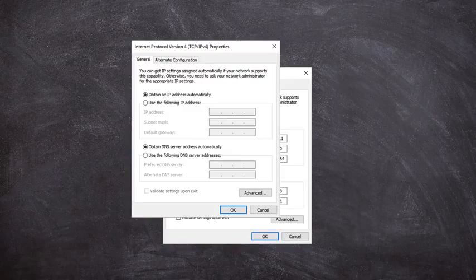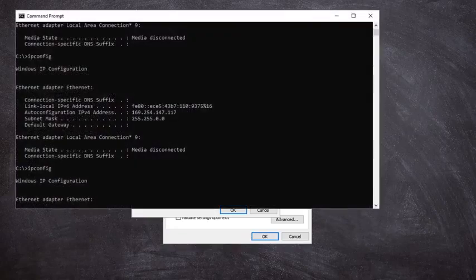It's called automatic private IP addressing. And as far as I can tell, only Windows uses it. The basic idea is, you don't statically set an IP address on this machine. The workstation starts and sends a broadcast message to find a DHCP server. However, it doesn't find one. This is when APIPA